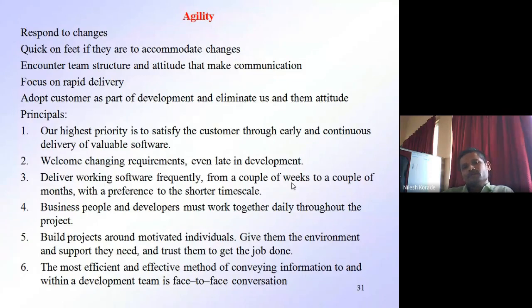Whenever you assign any task to any person involved in your team, you must provide some freedom to that person to complete that task. You should not burden them: you have to complete that task, or you have to complete that code, or you have to test your project within this deadline.